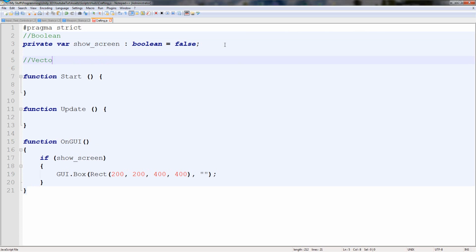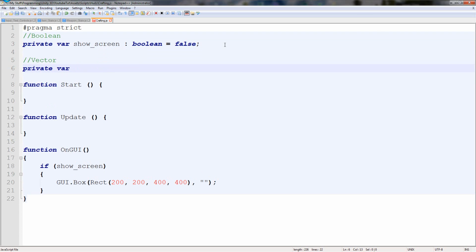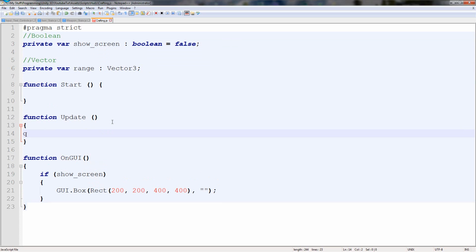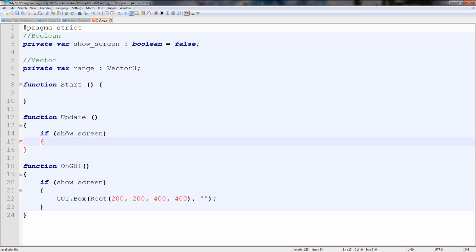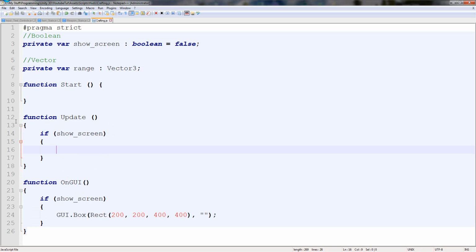I'll create a new variable at the top called private var, because we don't want it in the inspector again, and we'll call it range, and it'll be a Vector3. The reason I'm putting it up there and not in the update is because then we can stop and call it whenever we want to, or we can change it and use the same variable multiple times. So up here I'm going to type if show screen. If it's true, then we don't need to show it, but we're going to make it false. So if it's false, so it's not on, which it is, then we'll start calling the range. So range equals